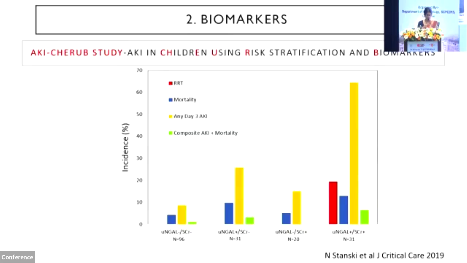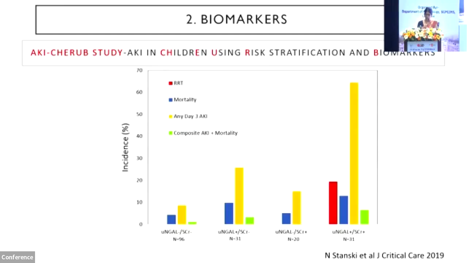If you have a positive biomarker in the absence of serum creatinine rise, that is urine NGAL positive and serum creatinine negative, that is the second group of bars, a proposed state of subclinical AKI,